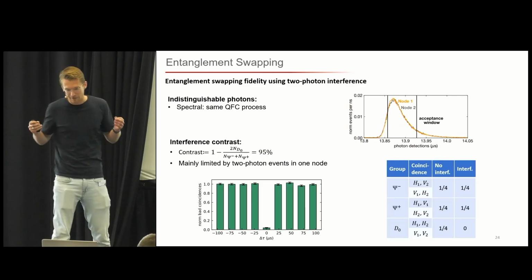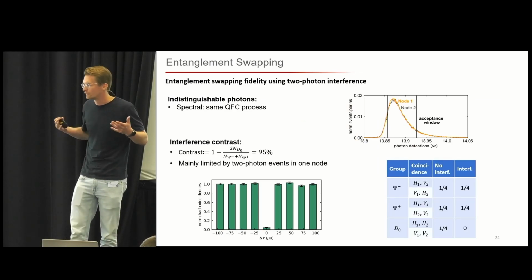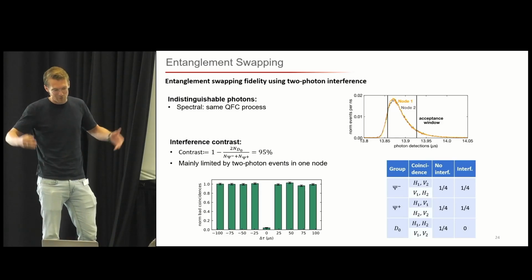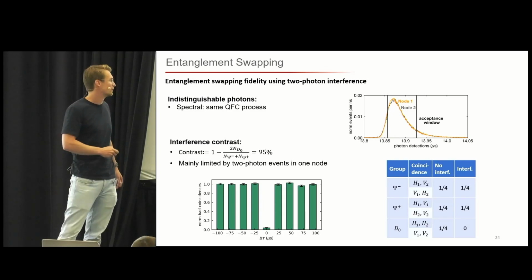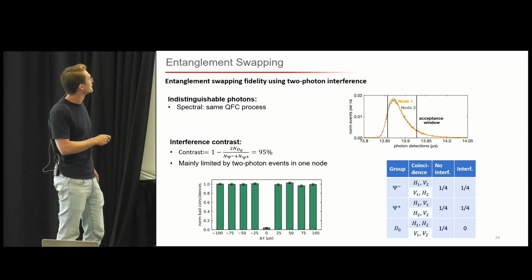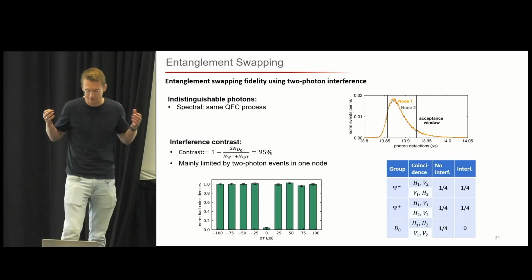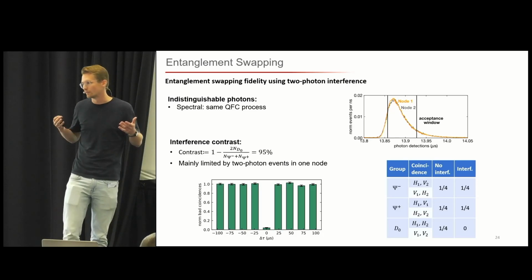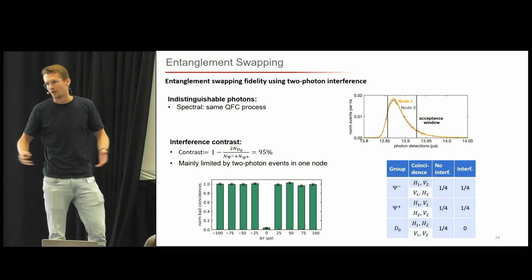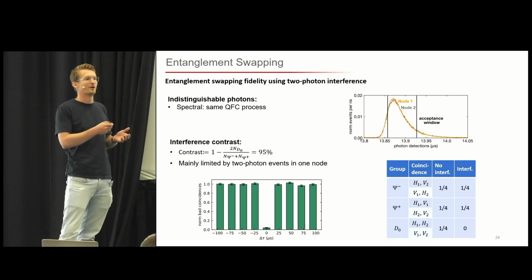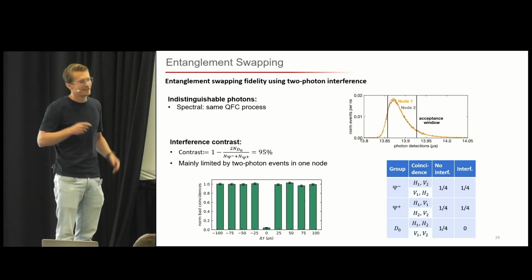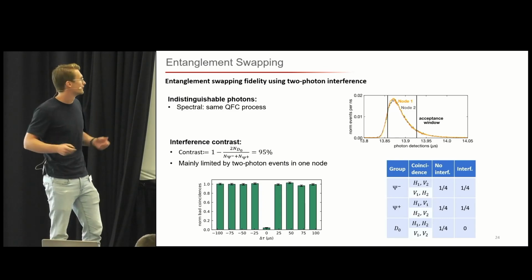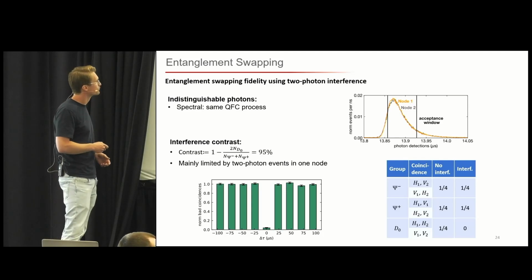Then again, we need to do the entanglement swapping, so we need to have good two-photon interference. And now you can think, okay, if you converted the frequency of the photons, does this still work? So what we do here is we use pump light for the two QFC devices that originates from the same laser source. By originating from the same laser source, we pump with exactly the same frequency. And therefore, we are also certain that after conversion, the two photons still have the same frequency in the telecom.